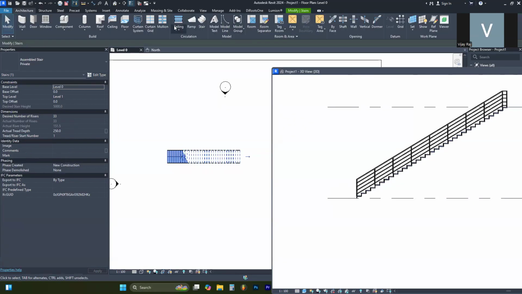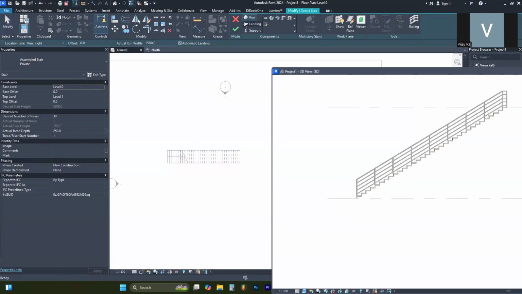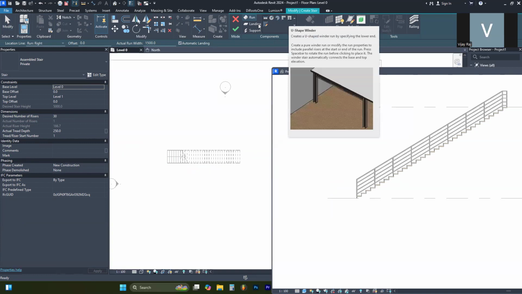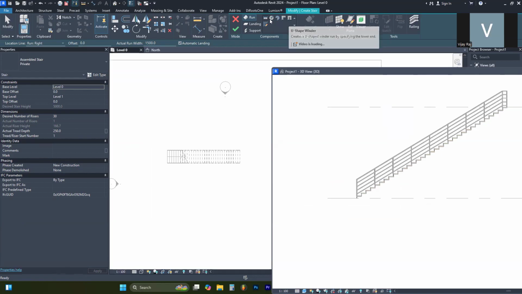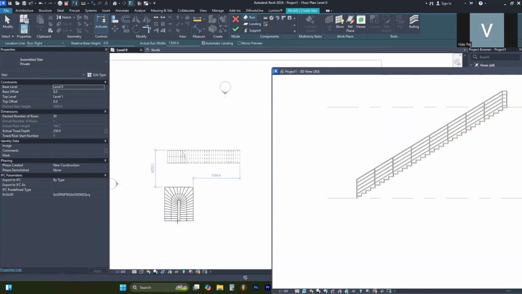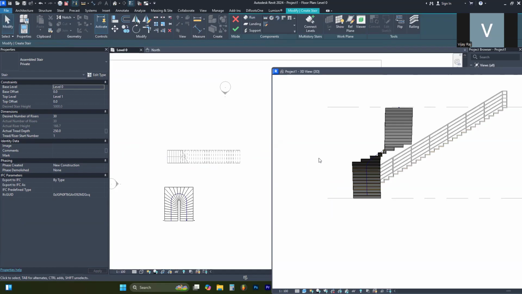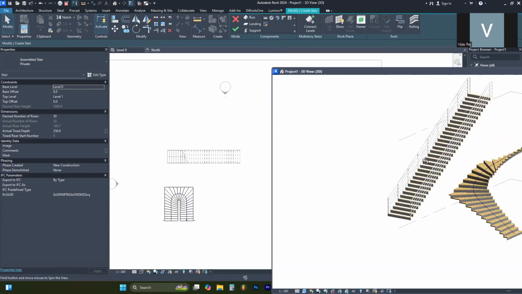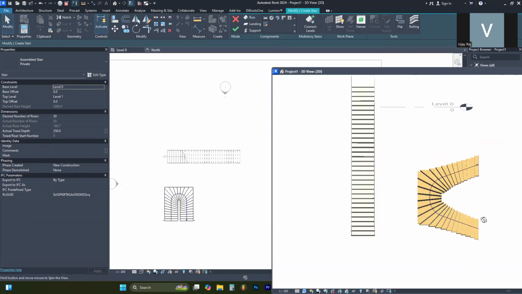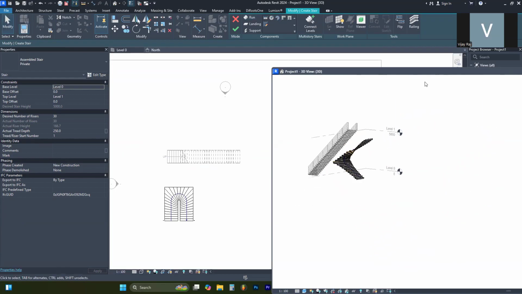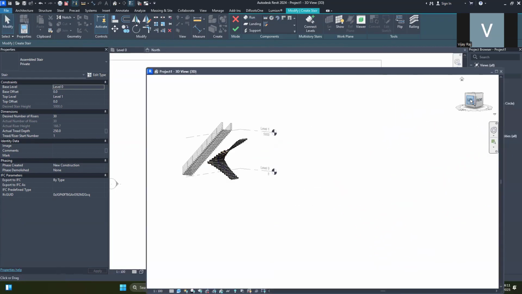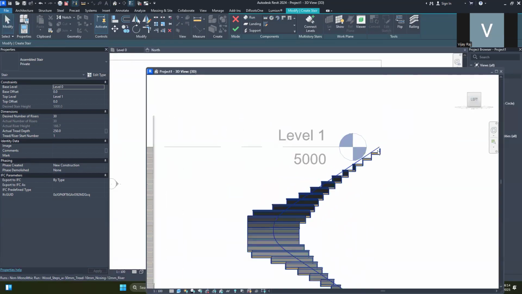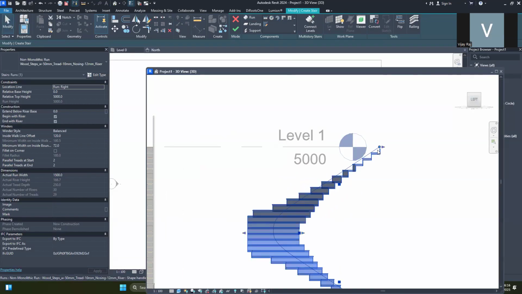You can go to Architectural, go to Stair, and it already has lots of ready-made staircase shapes, which are inbuilt in Revit itself. You can click any of the shapes and simply place it here. See, it will automatically get created for the desired shape. It will also reach the exact level, and this riser level is around